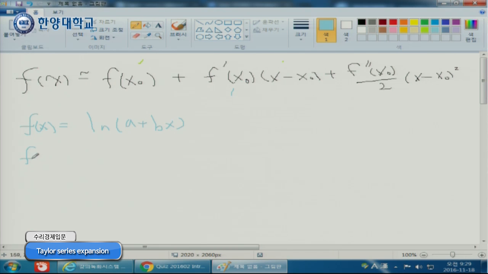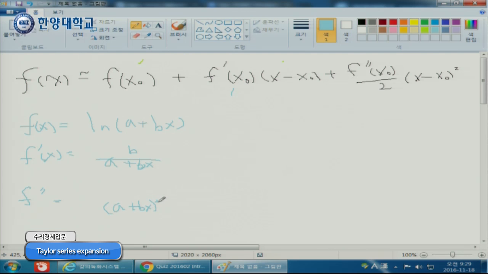Then first we have to calculate f prime x, right? Then after this we can plug in x0 and we can fill this one. So f prime is what? a plus b x over b, right? And f double prime x, well, it is a bit noisy, so yeah, a plus b x